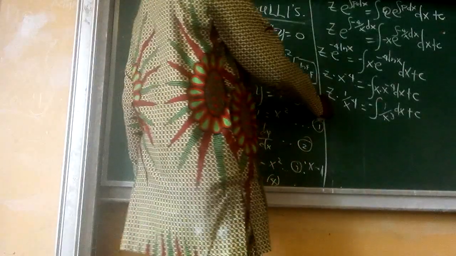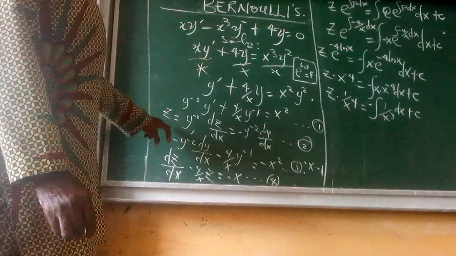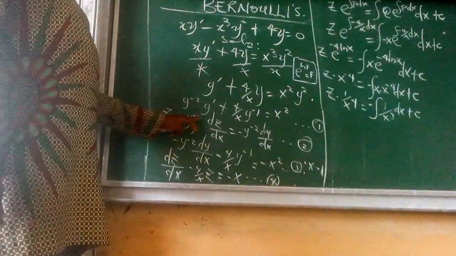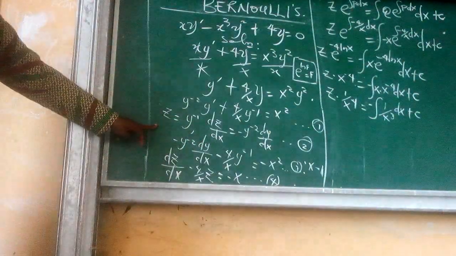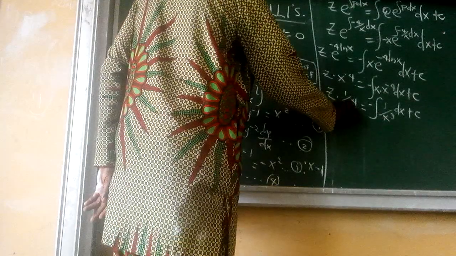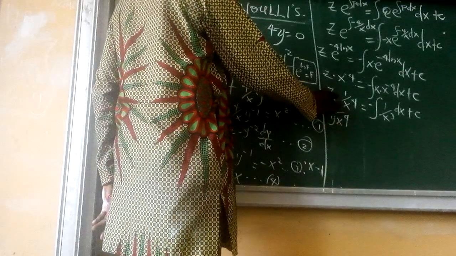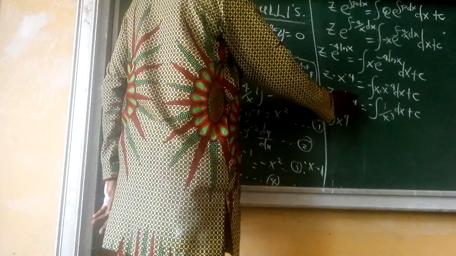So z itself, ab initio, was given as equal to y raised to the power minus 1. That is z. If z is equal to y raised to the power minus 1, we now have 1 over y times x raised to the power 4, because this is now y raised to the power minus 1. So this gives you 1 all over, because this is also at the denominator level, is equal to the integral